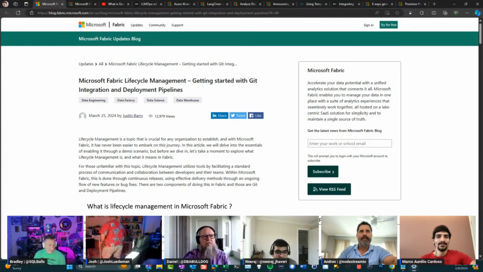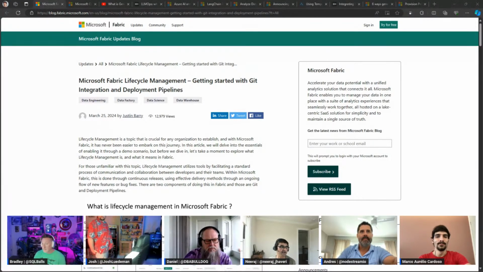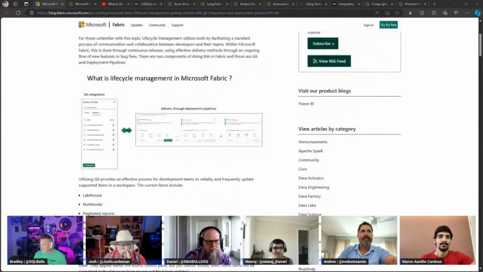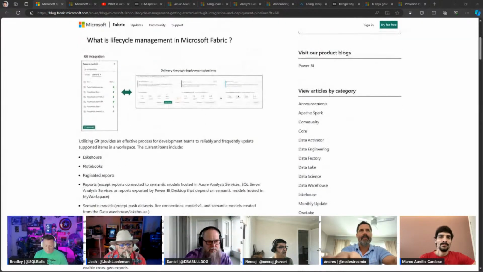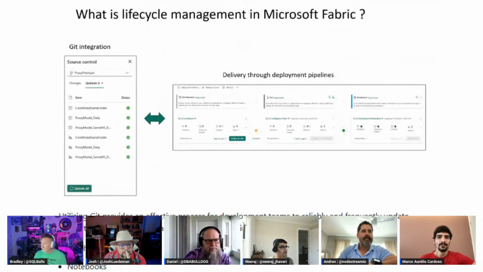So as people are waiting for the eclipse to happen, this is the same thing for Fabric. A lot of people were waiting for the Git integration and the deployment pipelines to come in. So at this point in time, during FabCon, they announced the Git integration with the pipelines. It does currently work with Git in Azure repos only, but eventually it would be supporting a lot of other stuff.